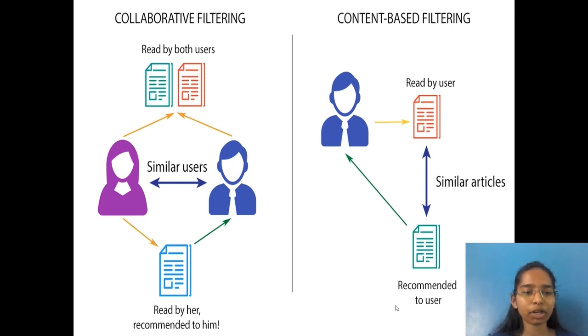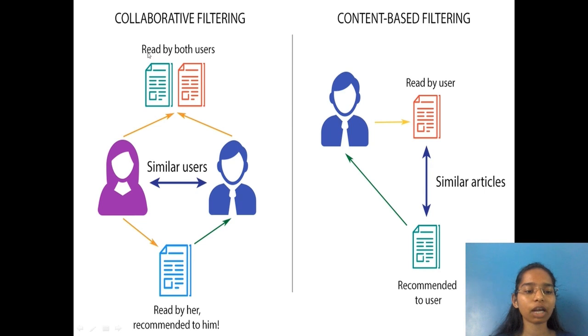Whereas in collaborative filtering, the recommendation is not based on the similarities between the items, but you recommend the items based on how much rating a user has given to that item. For example, I have read this book, and some other person also has read the same book, and we both have liked the book. Now we both become similar users, so that book would be recommended to the other similar user also.